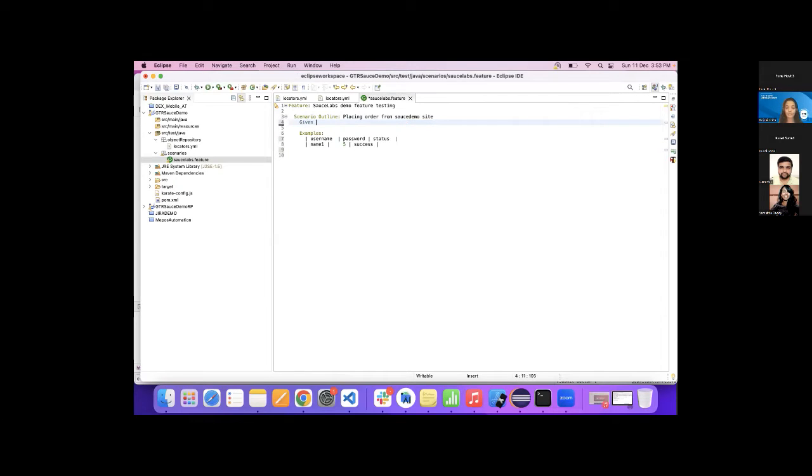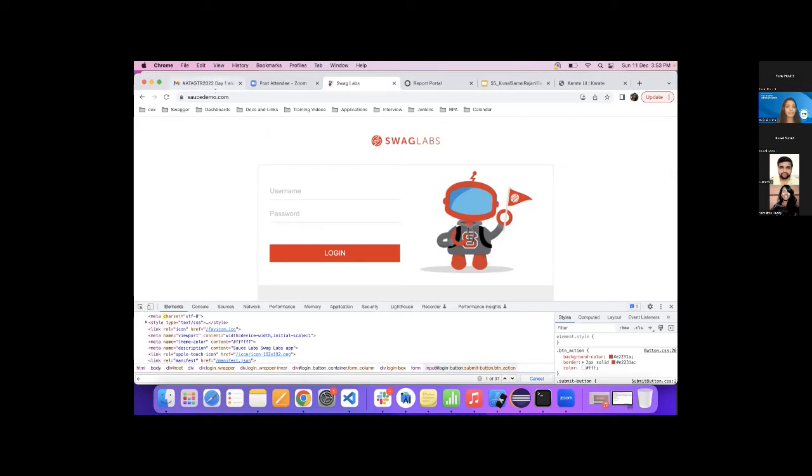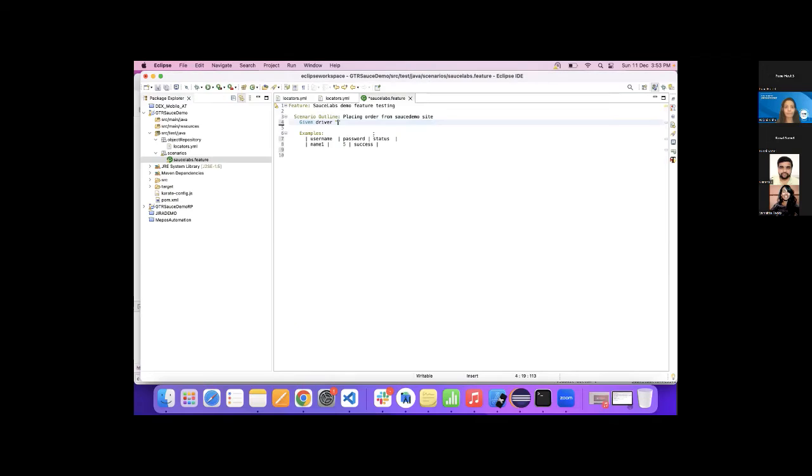So basically we have to navigate to the driver. This is our URL. Then we would be entering the username. We have different methods for entering values onto the site and clicking on the elements.